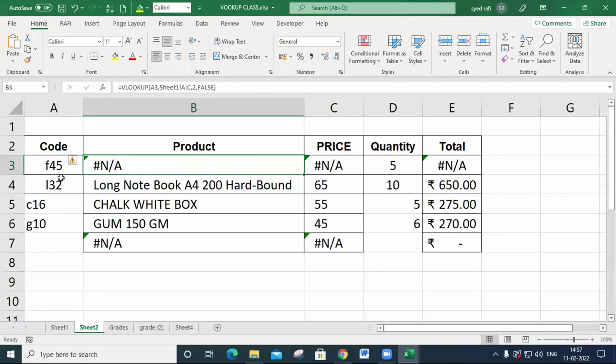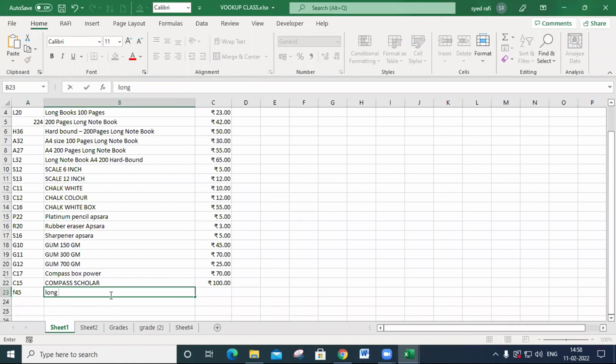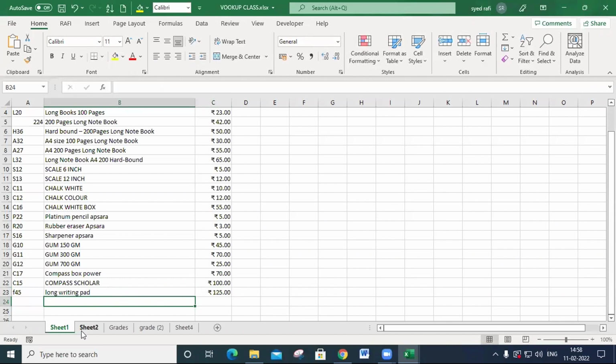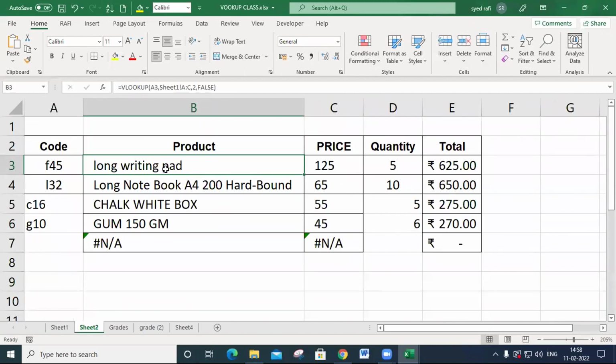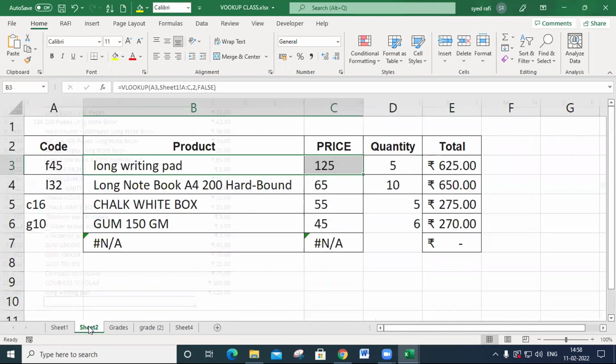If the product is there, for example F45 is there, and I give it like this, automatically what happened? It will be displayed. Okay. So this is the use of VLOOKUP.